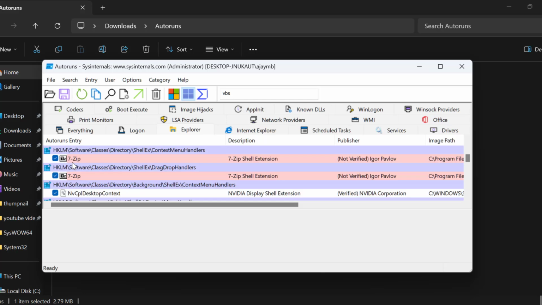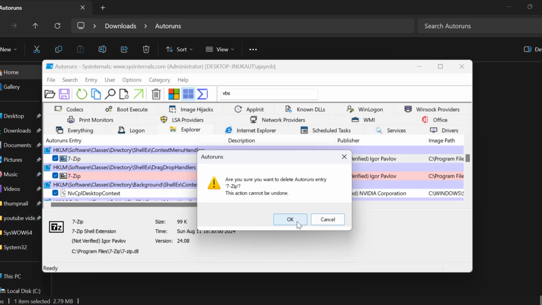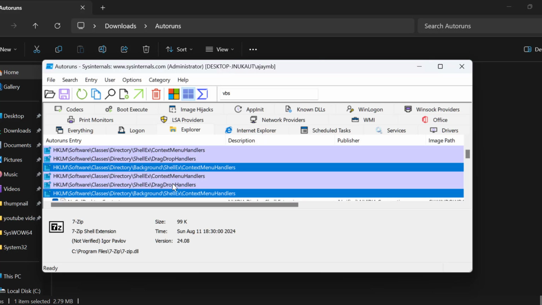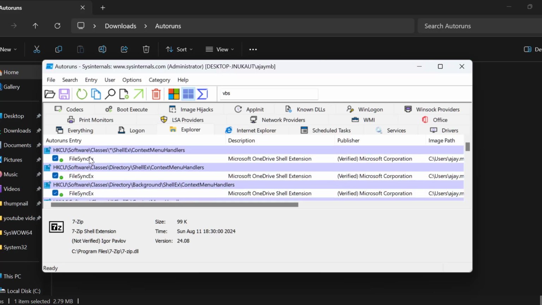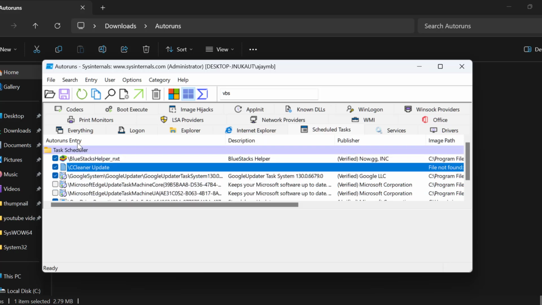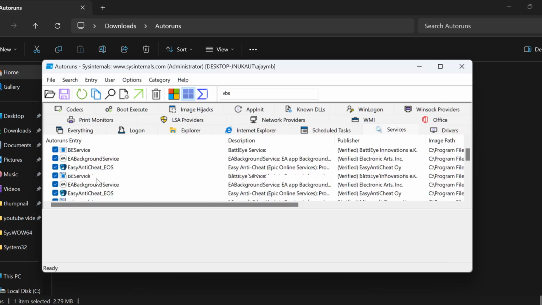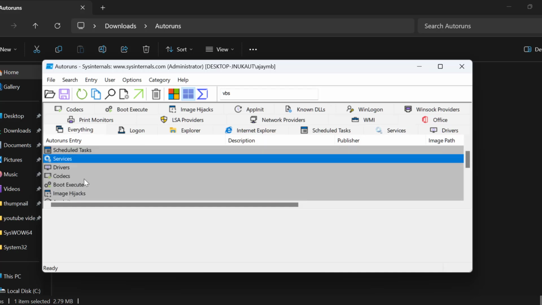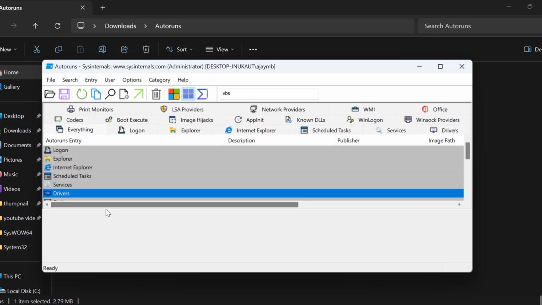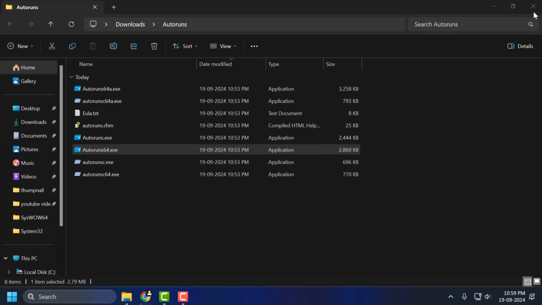Go back to Everything and Explorer. If you find anything with a red mark, then you just need to right click on it and select delete. Do the same for red marks. After deleting it, you just need to select Everything and Internet Explorer, double click on it, and find everything. If anything has a red mark, double click on the things listed over here, just near Drivers. After deleting all the red mark items, you just need to close this window and go ahead and